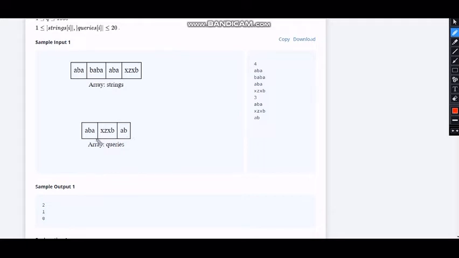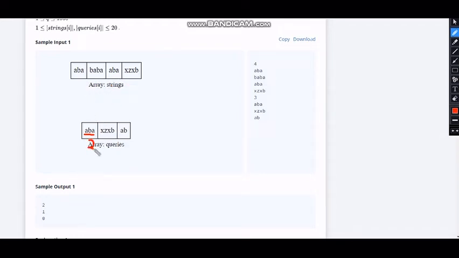Here what we need to do is pretty simple. First we'll be checking ABA with all of these elements, and we'll be seeing how many times it's repeated. As we can see here, it's repeated two times.